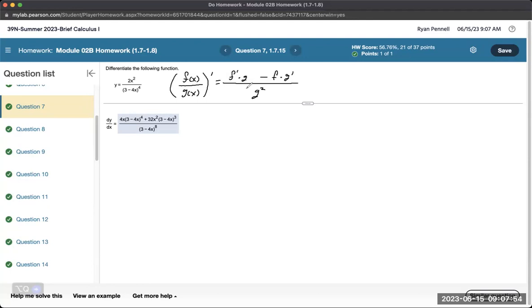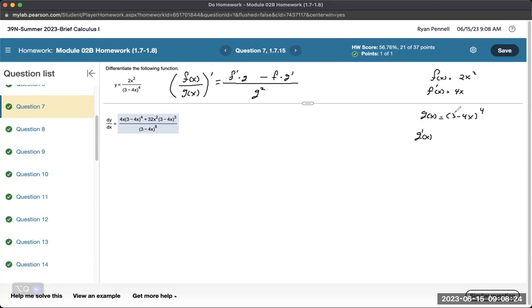So we have that, and let's say f of x equals 2x squared. All right, if I take the derivative of this with respect to x, that's just 4x. Just 2 comes down. That's easy. All right, what about g of x? If I let g of x be (3 minus 4x) to the fourth, then the derivative with respect to x,